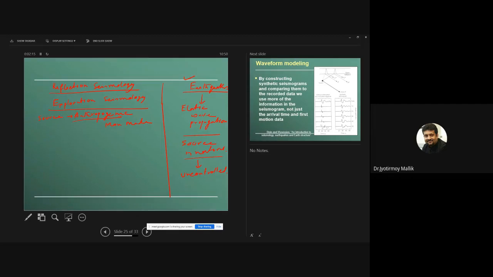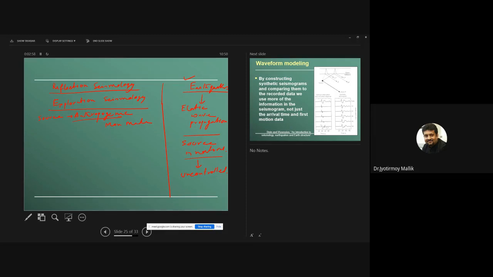So if something is uncontrolled, it's very difficult to use the data for your particular purposes. If you want to use this beautiful phenomenon of elastic wave propagation through the earth, and your source is uncontrolled, maybe in some cases you find very good information about the structure of the earth, but being uncontrolled, it might not be the optimum solution because you essentially don't know where the source is, at what depth the source will create a collision and so on.